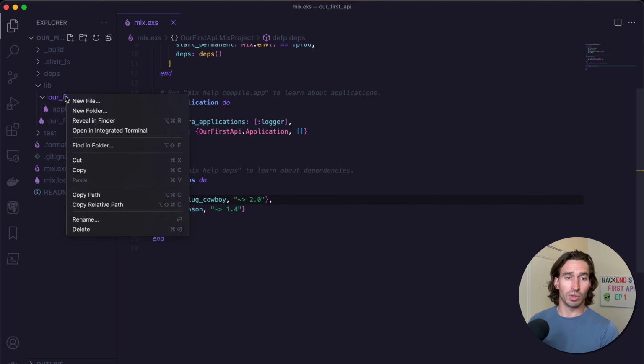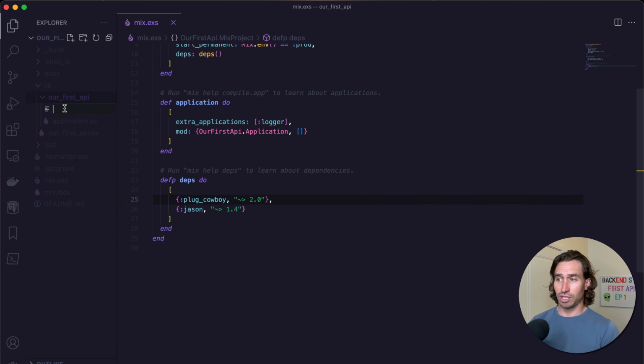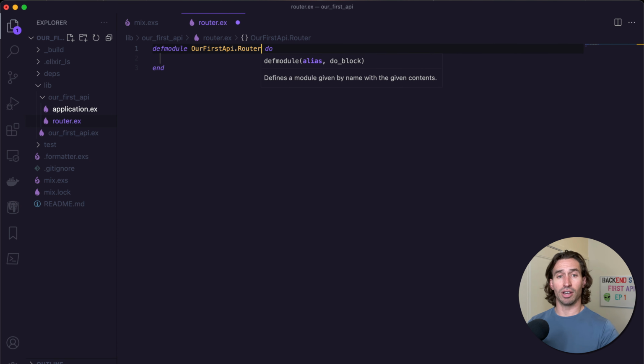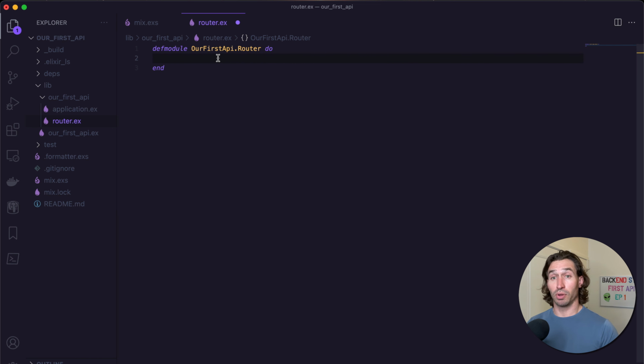You'll see application. We want to have a new file, and we just want to call this router.ex. Hit enter, and then we need to do our defmodule and let it autocorrect. So you'll have the name of the directory in camel case and then the name of the file, so FirstAPI.Router. We need to bring plug into scope here. So we need to type in use Plug.Router,